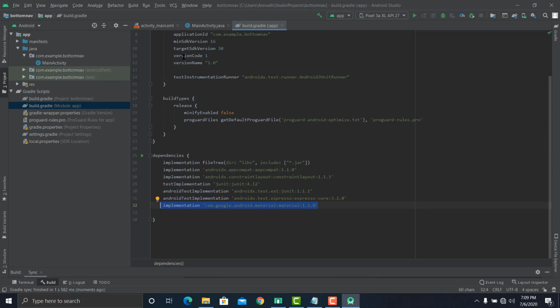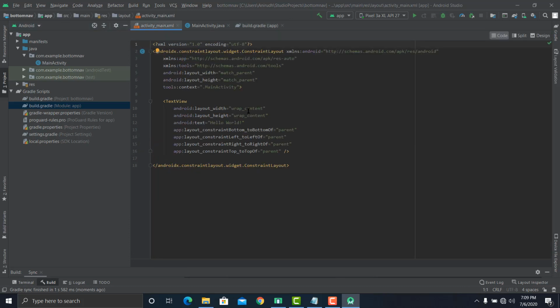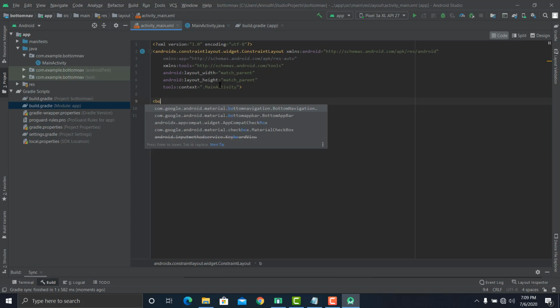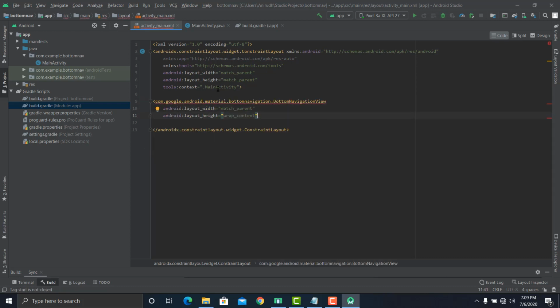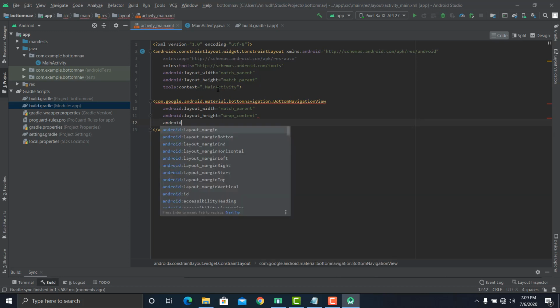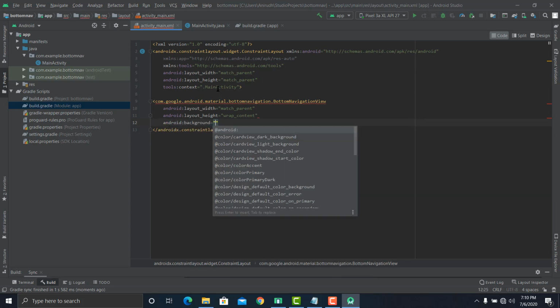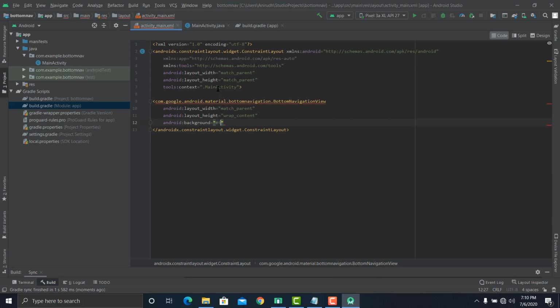Then we proceed by replacing the text view with a bottom navigation view. You can set its width as match parent and height as wrap content, because you don't want the bottom navigation view to stretch to the entire screen. Then we give it a background. We can give the background as white, and we are done.